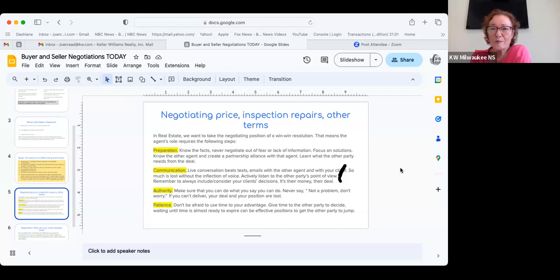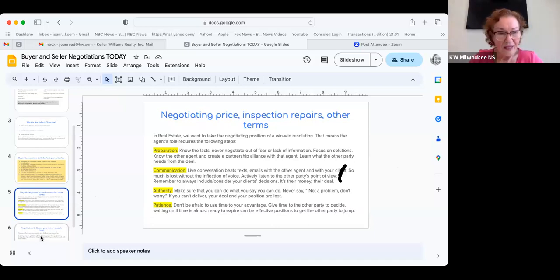Positions can change, but if you keep this overall umbrella thought of we want it to be a win-win. We want the seller to feel good about this. We want the buyer to feel good about this. They each got something. They both had to give up something. But you as the professional, you as the authority, the person that can represent your client, you need to be patient. You need to still be in communication with that client and with that other agent.